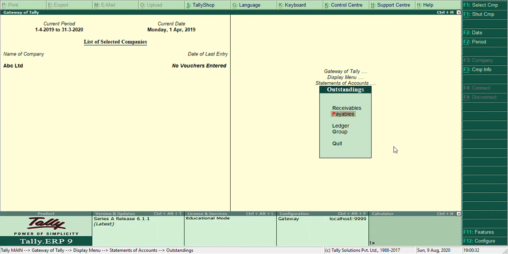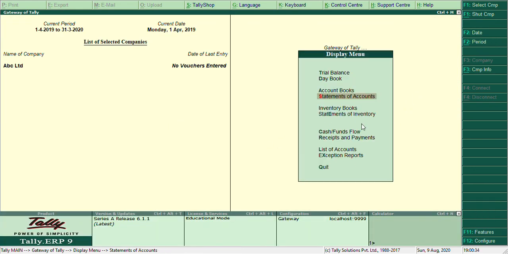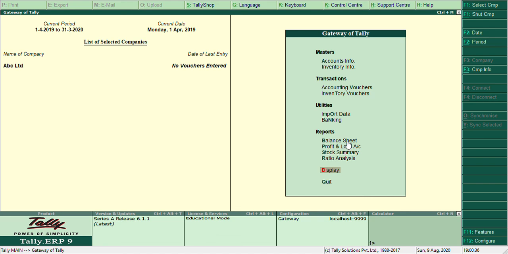So with this I will wind up today's class. I hope you understood the concept I have explained today. Today I have discussed accounts info and how to create ledgers with the opening balances and the parties, debtors and creditors with their bill-wise details.